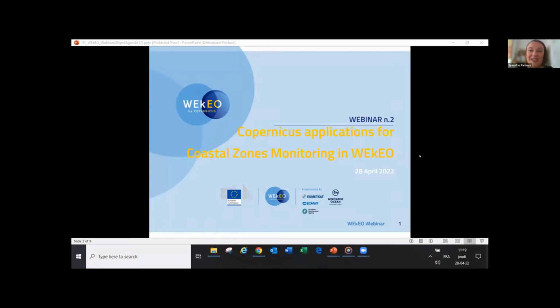We're very happy to see all of you, and we have some excellent speakers and experts in the field with us today. We will be introducing the platform to all of you and give you the first insight into the data and the tools available on the platform, useful for developing applications for coastal zone monitoring using the Copernicus data, as well as in particular the data of the Copernicus land monitoring service.